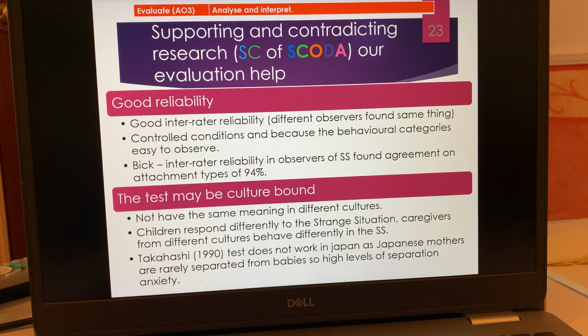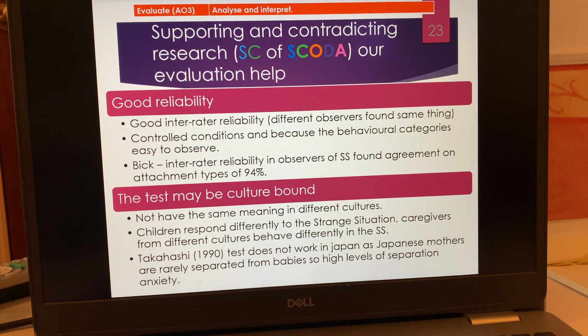And that's pretty much it for the strange situation. I love it. I find it really interesting, but it does have its flaws. Again, gender bias, we're just looking at mum and their children. What else can we pick out methodologically? All the problems of an observation you can talk about as well. So bring in the research method here and slate it. That could be part of your however.